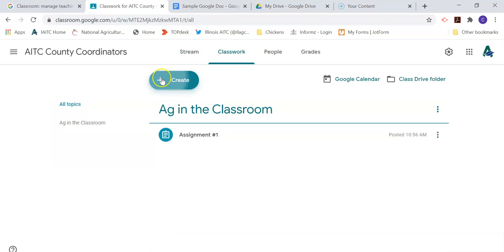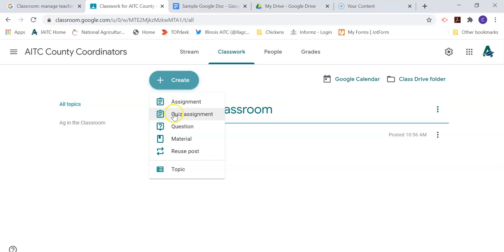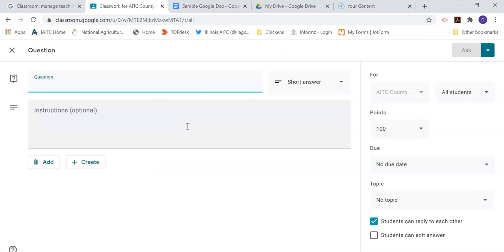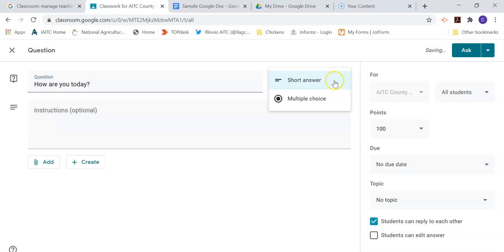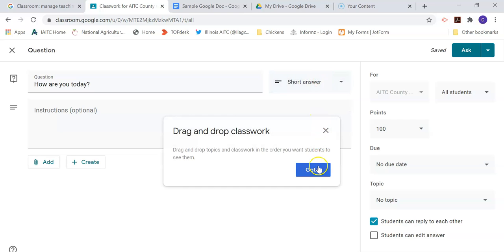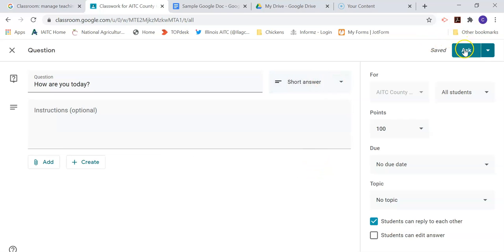If I go back to Classroom, I'll show you some other things that you can do. You can also create quizzes, so the students can take quizzes. You could pose a question. It's not an assignment, it's just something you're asking students, and so they could comment. So I'll just say, how are you today? And you can decide what kind of answer you want them to have. So I'm going to say short answer. And if I say ask,